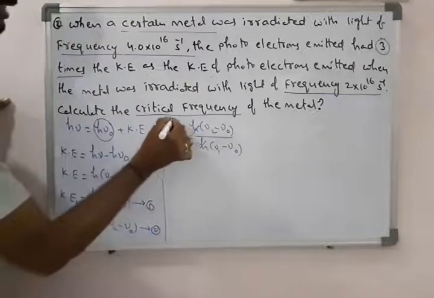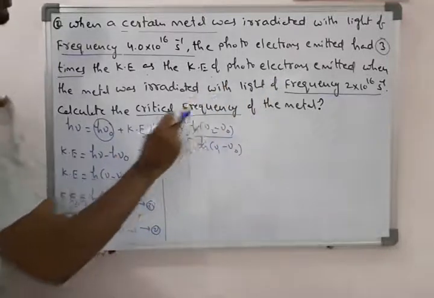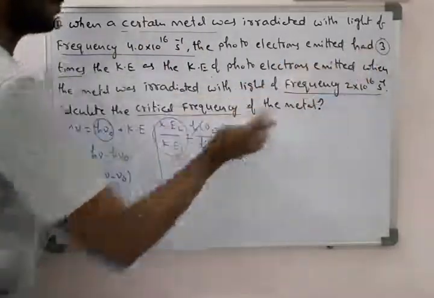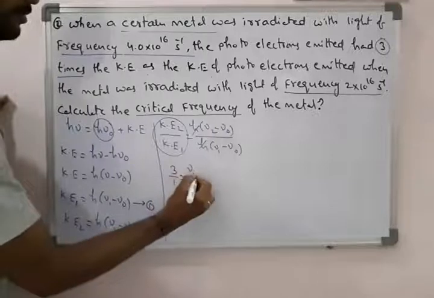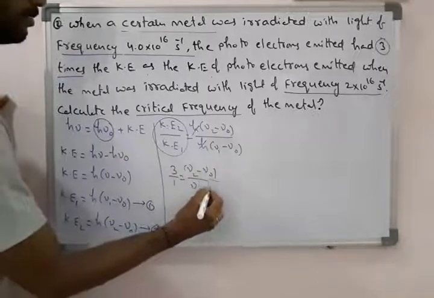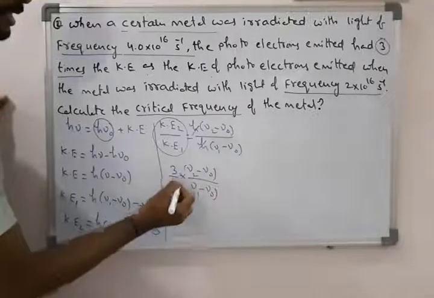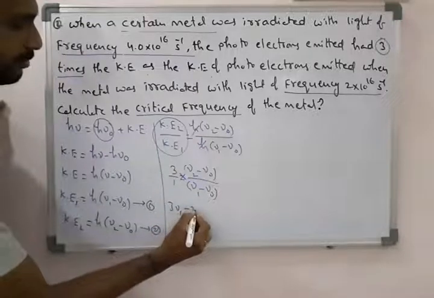And we know that Ke2 by Ke1, the second time kinetic energy, is 3 times the first one. So that is equal to 3 by 1 equals nu 2 minus nu naught by nu 1 minus nu naught. On cross multiplication we get 3 nu 1